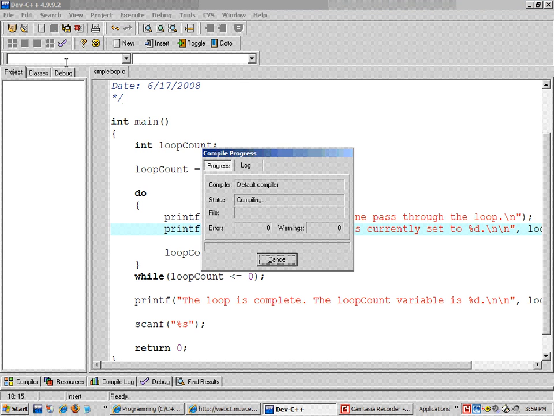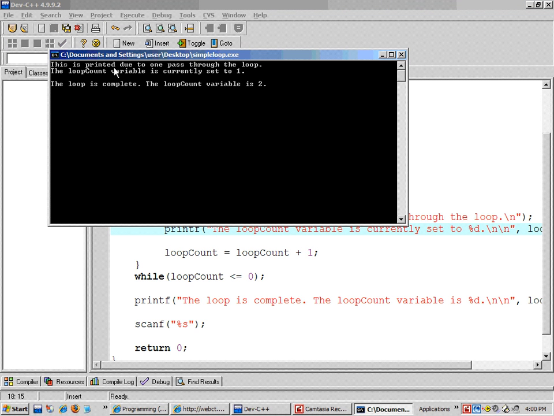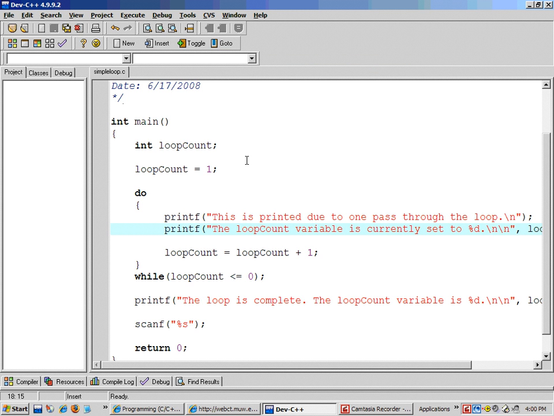But notice what happens when I run this code. See, notice that the first time through the loop, it prints it. Even though the loop count is not less than or equal to 0, it's 1, it still actually performs the code within the loop, and that's not what we want to happen. Okay? And then the second time through the loop, the test is violated, and at that point, it'll stop execution. And the reason it does this is right now the loop count is equal to 1, which we already know violates the condition. But notice once it enters the loop,